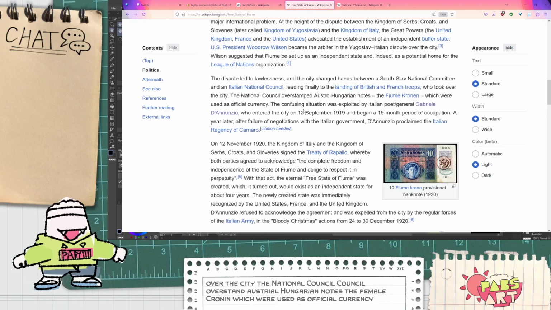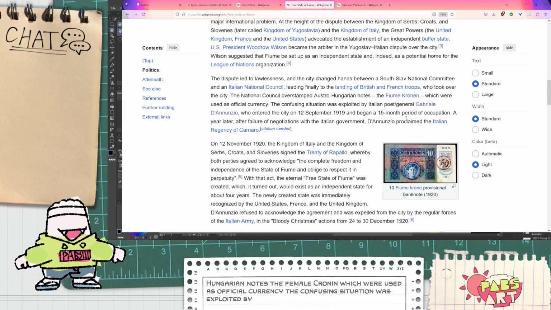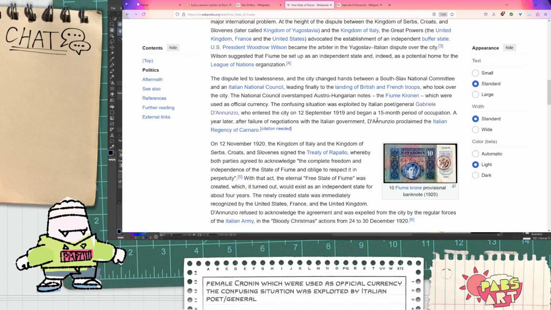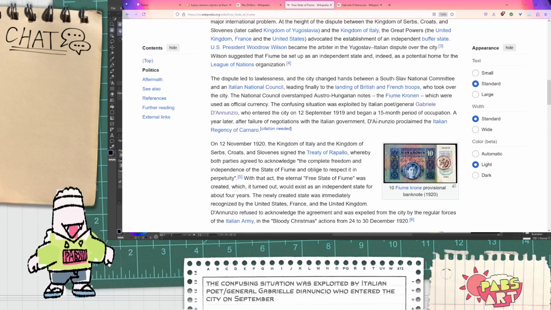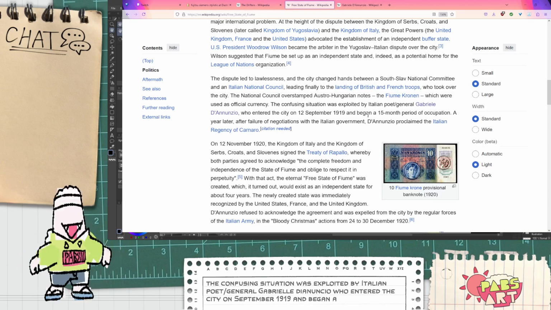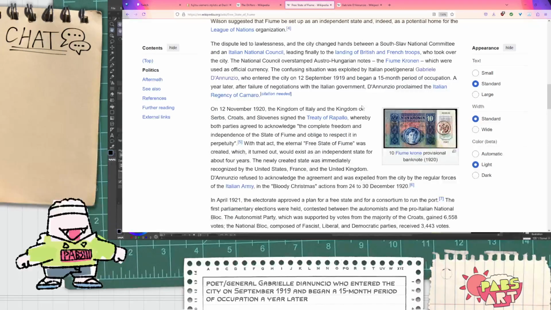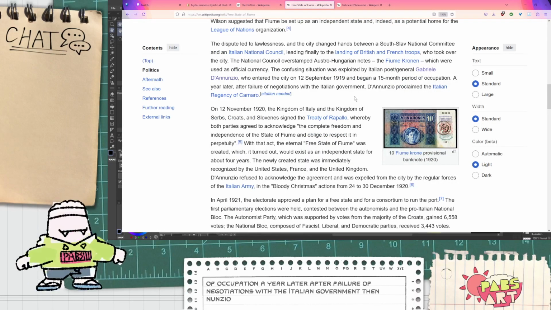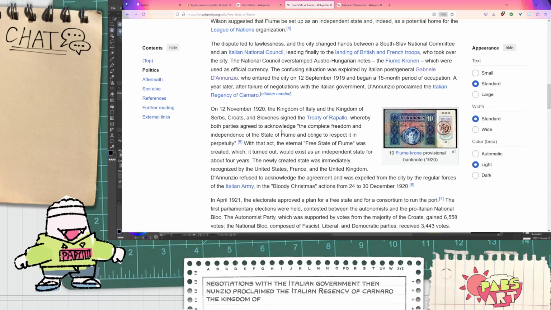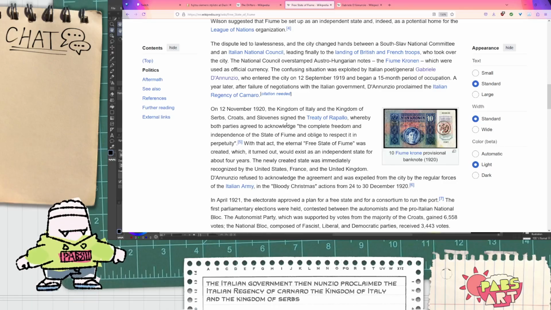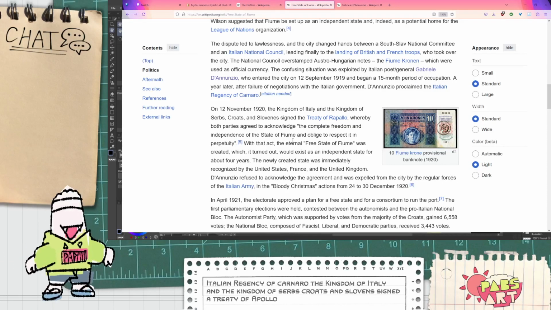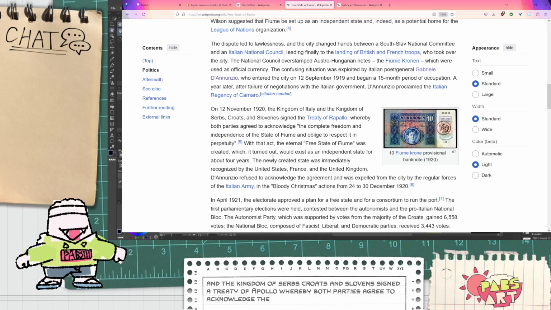The confusing situation was exploited by Italian poet-slash-general Gabriele D'Annunzio, who entered the city in September 1919 and began a 15-month period of occupation. A year later, after failure of negotiations with the Italian government, D'Annunzio proclaimed the Italian Regency of Carnaro. The Kingdom of Italy and the Kingdom of Serbs, Croats, and Slovenes signed a Treaty of Rapallo, whereby both parties agreed to acknowledge the complete freedom and independence of the state of Fiume, and obliged to respect it